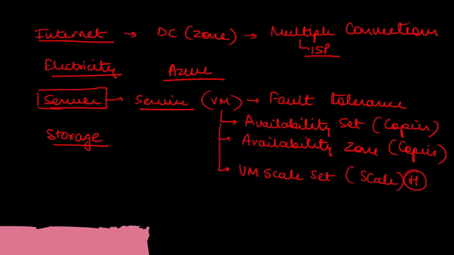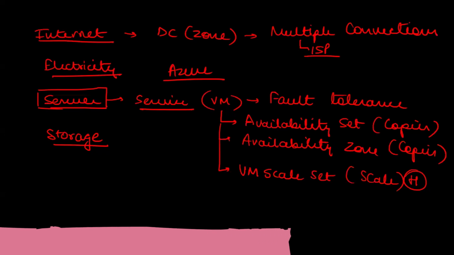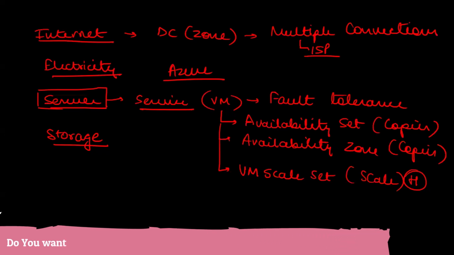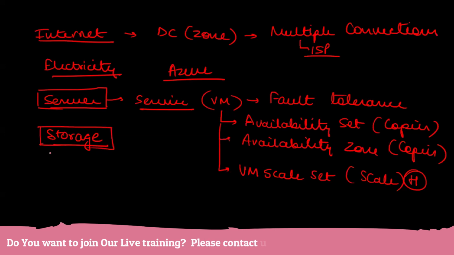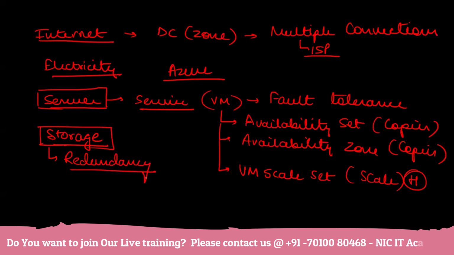Now you see how many options we have available for a service itself. Such options will be available for various services. And when it comes to storage, this is where you will see something completely different. In storage, we always add redundancy, and there are different types of redundancy. Don't worry about what is written over here, availability set and availability zone. We'll cover them when we talk about virtual machines. We'll have a complete discussion about availability sets, availability zones, and virtual machine scale sets.